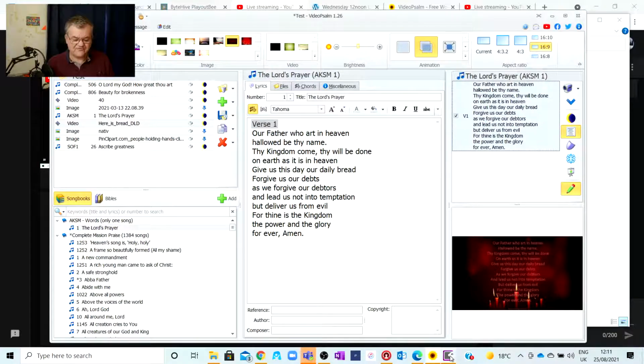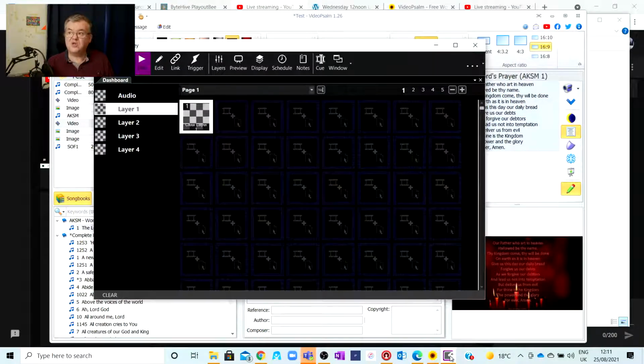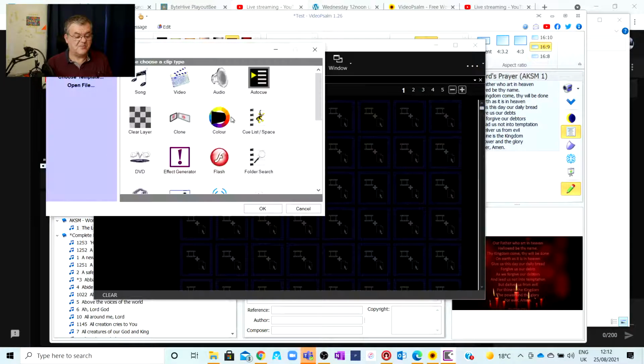In the past, I have often used ScreenMonkey, which you'll find, again, a free piece of software, particularly devised for use in churches, as of course VideoPsalm and many of the other solutions that have been mentioned have been. ScreenMonkey, the grid there that you can fill each box with a particular type of media, including songs, and it has its own built-in lyric editor, quite similar to VideoPsalm in many ways. Audio files, video files, color files, and